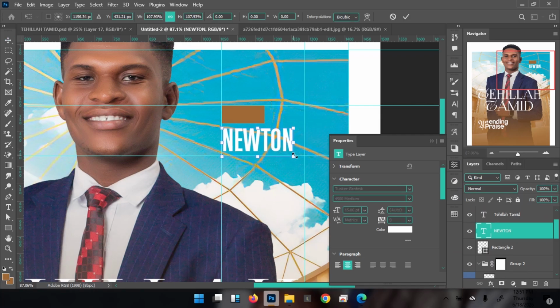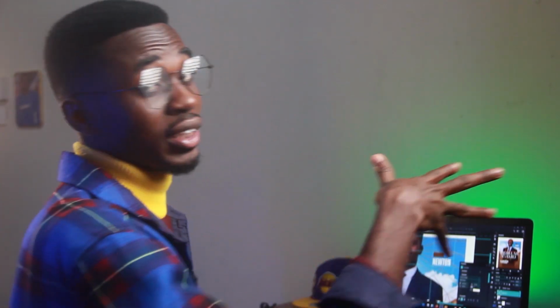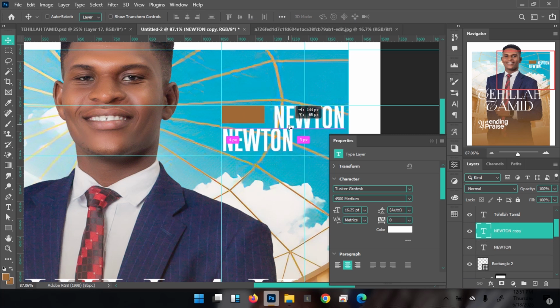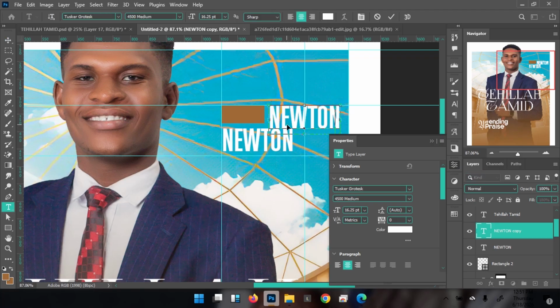So we are left with another one. There's not just the Newton. You have the first name, you have the surname. So the first name comes. I'm going to press Control J to duplicate. Hold down Alt, hold down Control, and then press Control Enter. Move it there and then press Control Enter, and then Control V to paste. I've forgotten that I did not even. I am here to type the first name, so I'll quickly press Control A to make sure that everything is selected, and then type Kojo. Press Control Enter,